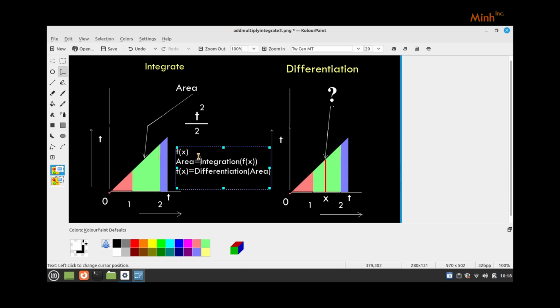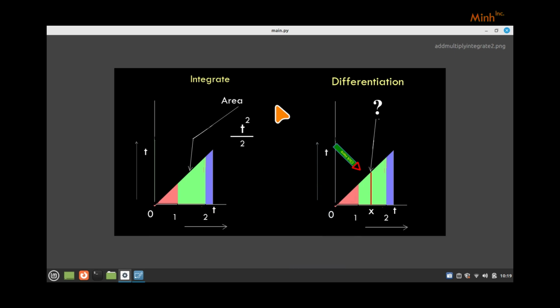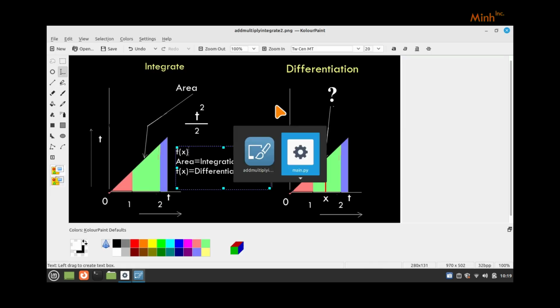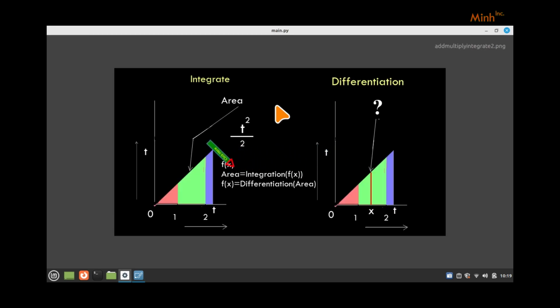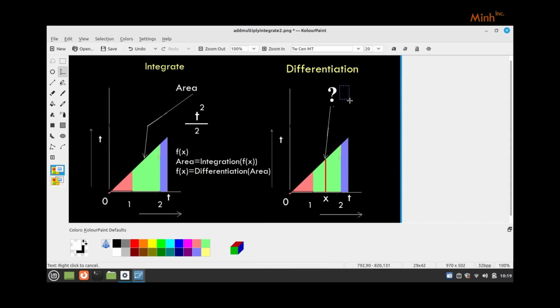If f(x) is a function, so here the function is t. So this is f(x), and then the area is the integration of f(x). If we know the area and we do the differentiation, we get back the f(x). So that is the idea. Here the question mark is t. So the equation of this slant line is t. So if we know the area is t square,